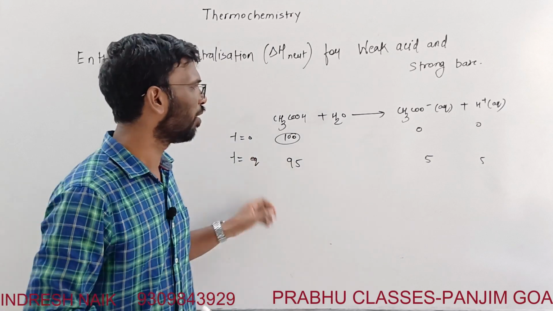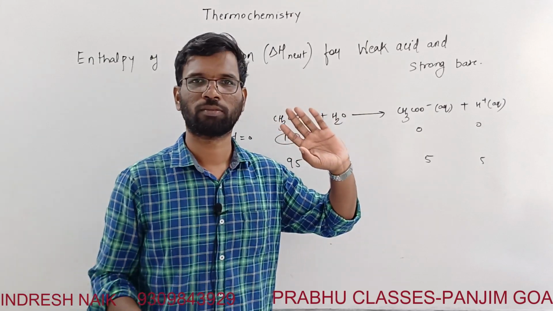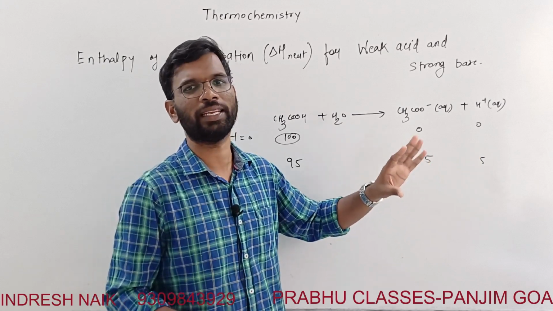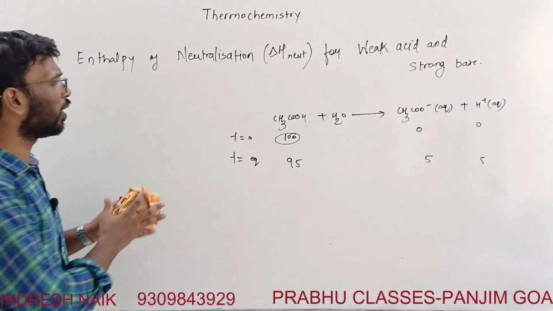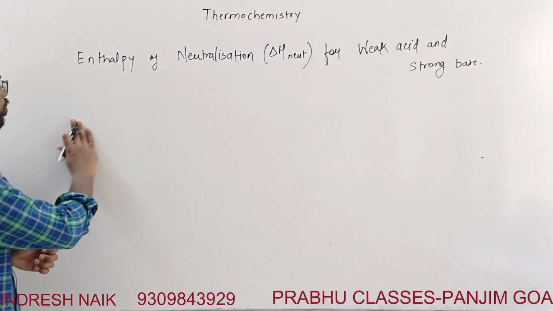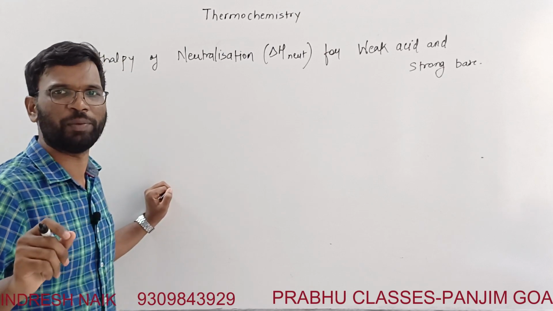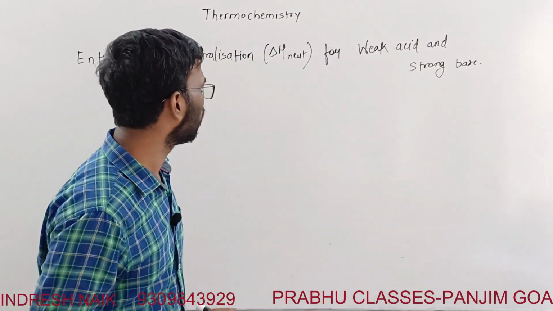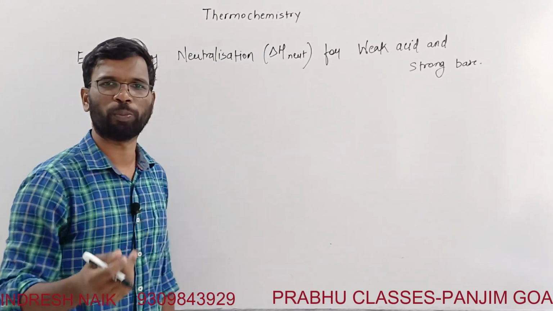Strong acid means what? If 100 are given, almost maximum 99 of the molecules will split as ions, like if you take NaOH, it will split as Na plus and OH minus, all 99 or 100, close to 100. That is what a strong acid is. So clear? So we understood what is a strong acid and a weak acid. To understand more about strong acid and weak acid, you can also watch my videos on equilibrium, there is a playlist, and there I have explained strong acid and weak acid in depth. You can watch those videos also. You can type the equilibrium topic. It will be mentioned.